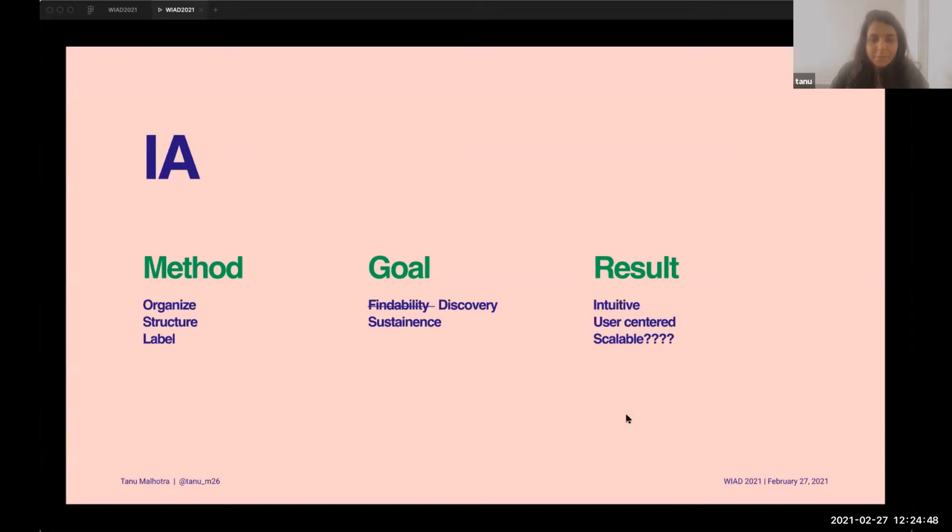So for me, a great IA, which really governs a good and really intuitive product, is understanding whether that product is scalable enough, and that is majorly defined by the information architecture. Because if we think that our information architecture is scalable enough, that kind of governs how the products would be used in the entire ecosystem.